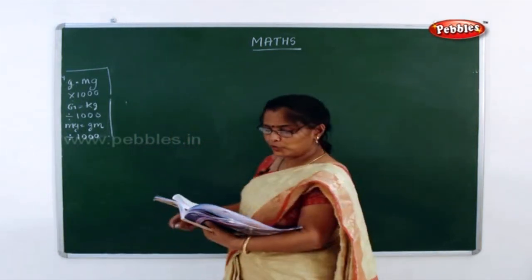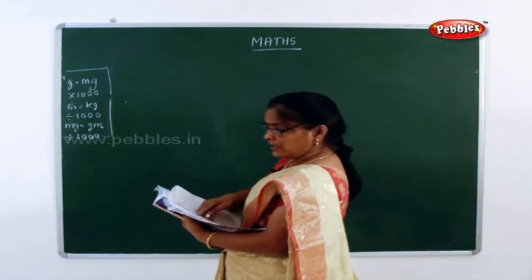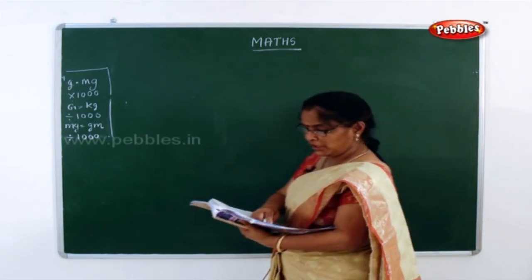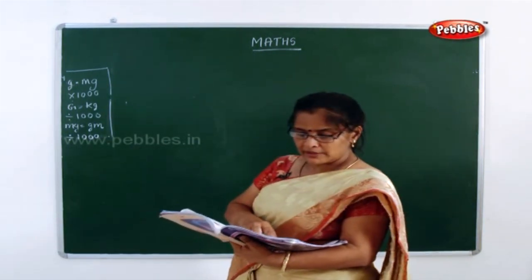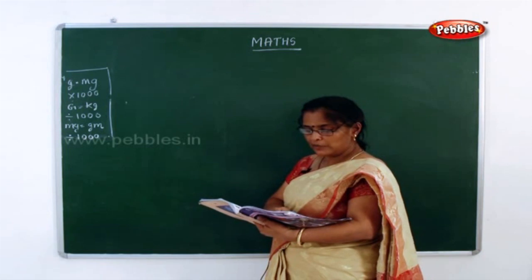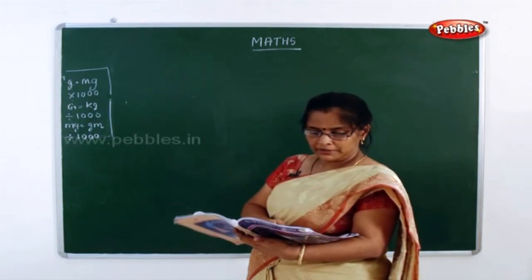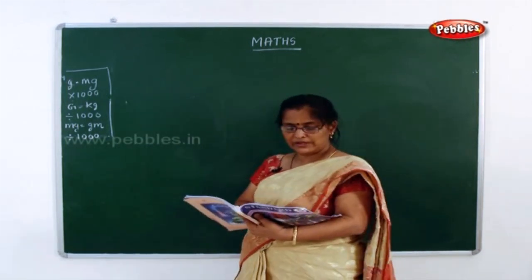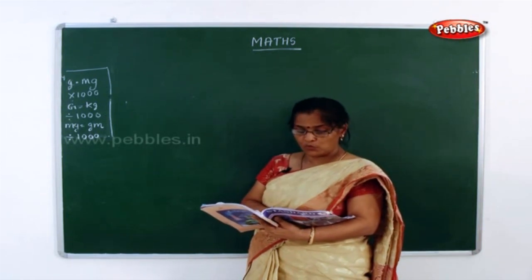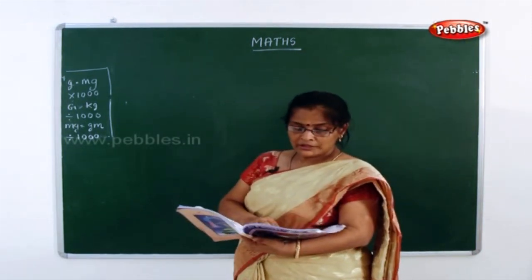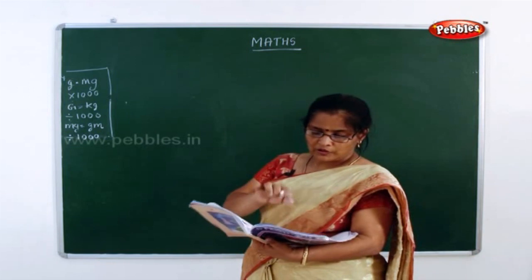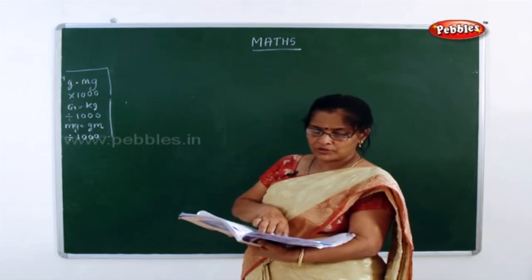Now how much Arul bought? 13 kilograms and 500 gram of brinjal. Next, 27 kilogram and 750 gram of potato. And 15 kilogram and 500 gram of carrot. For what? For his hotel. Now, what has he asked you to do? Find the total weight of the vegetables.